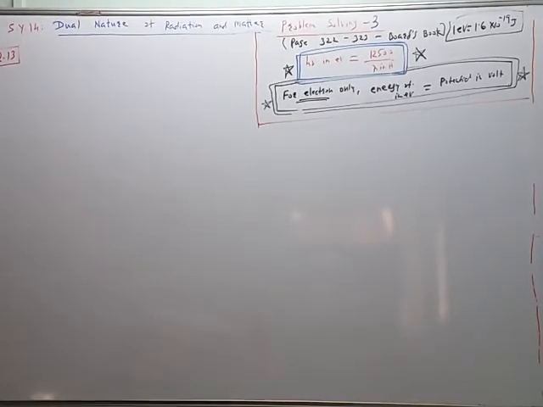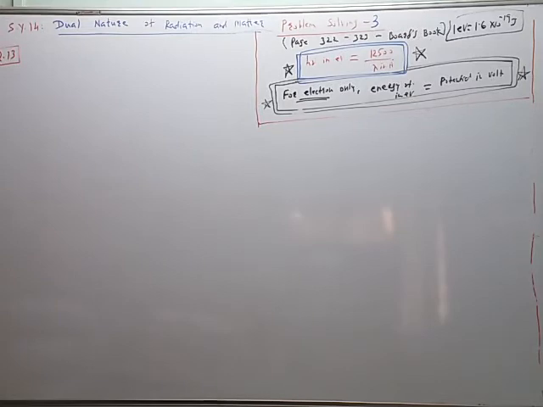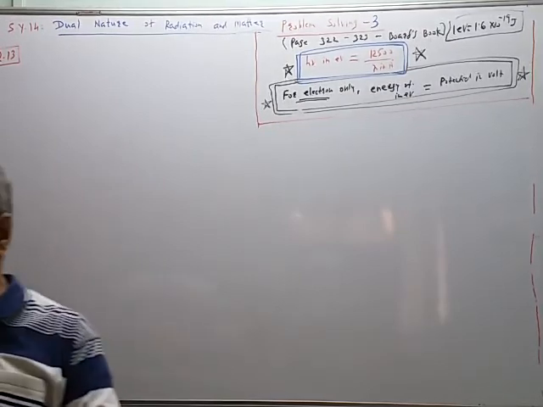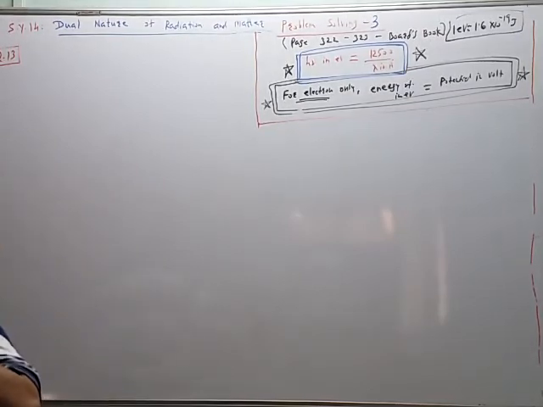Now the remaining problems are related to de Broglie's wavelength. So we know the various equation forms of de Broglie's wavelength. 13. Calculate the wavelength associated with an electron, its momentum and speed when it is accelerated through a potential of 54 volt. A part. Then B part, when it is moving with the kinetic energy of 150 electron volt.